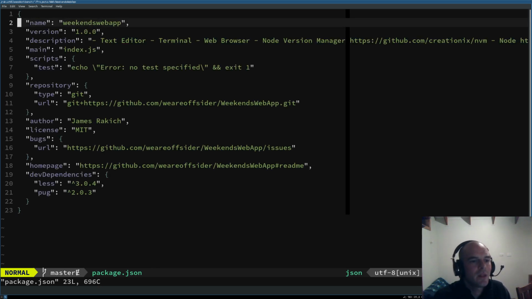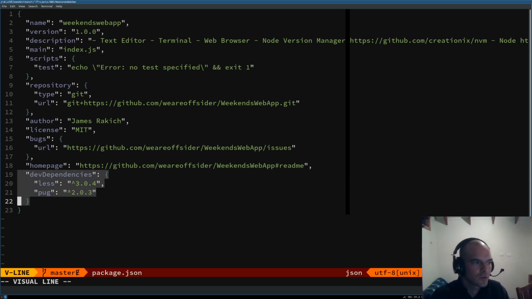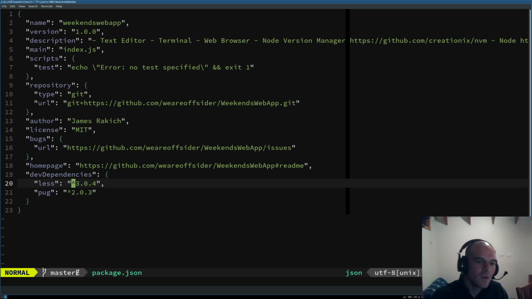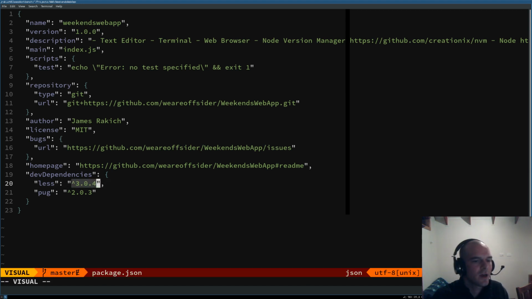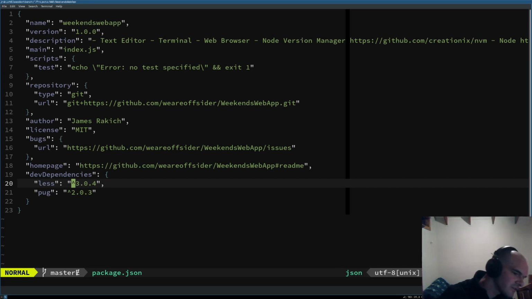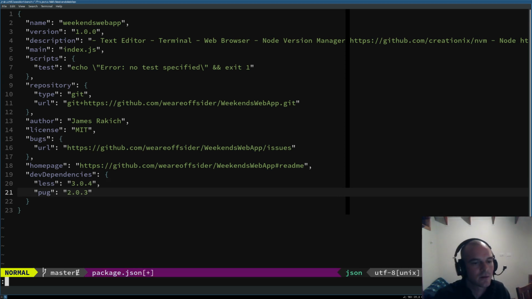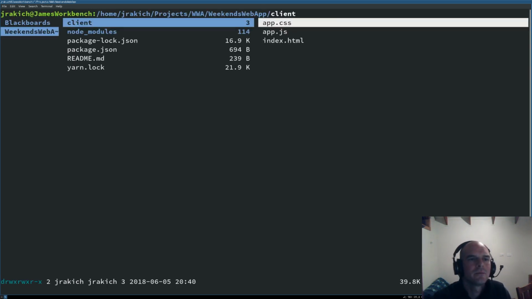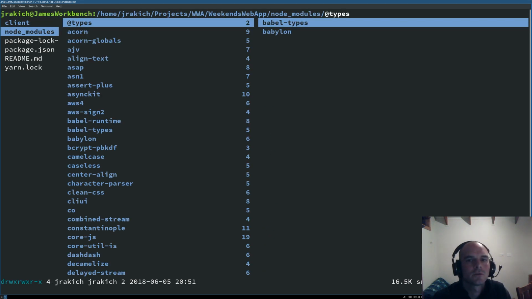So now we'll see some devDependencies, which is short for development dependencies. See that in less and Pug. And these have certain versions. Now, while semantic versioning is a good idea in theory, unfortunately it's not very nice to us. So we're going to be fixing those versions in place, and we'll just upgrade them as we need to. Now that we've installed those, what we'll also find is in our node_modules folder,